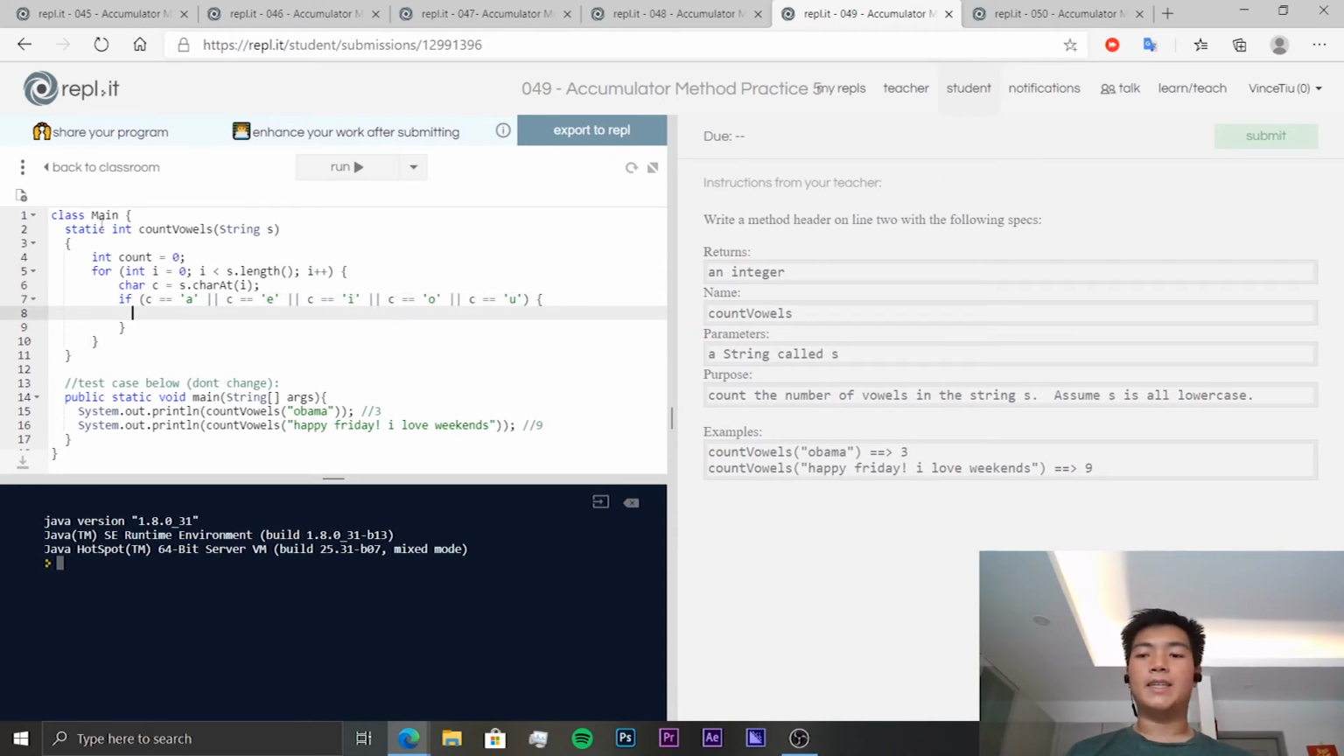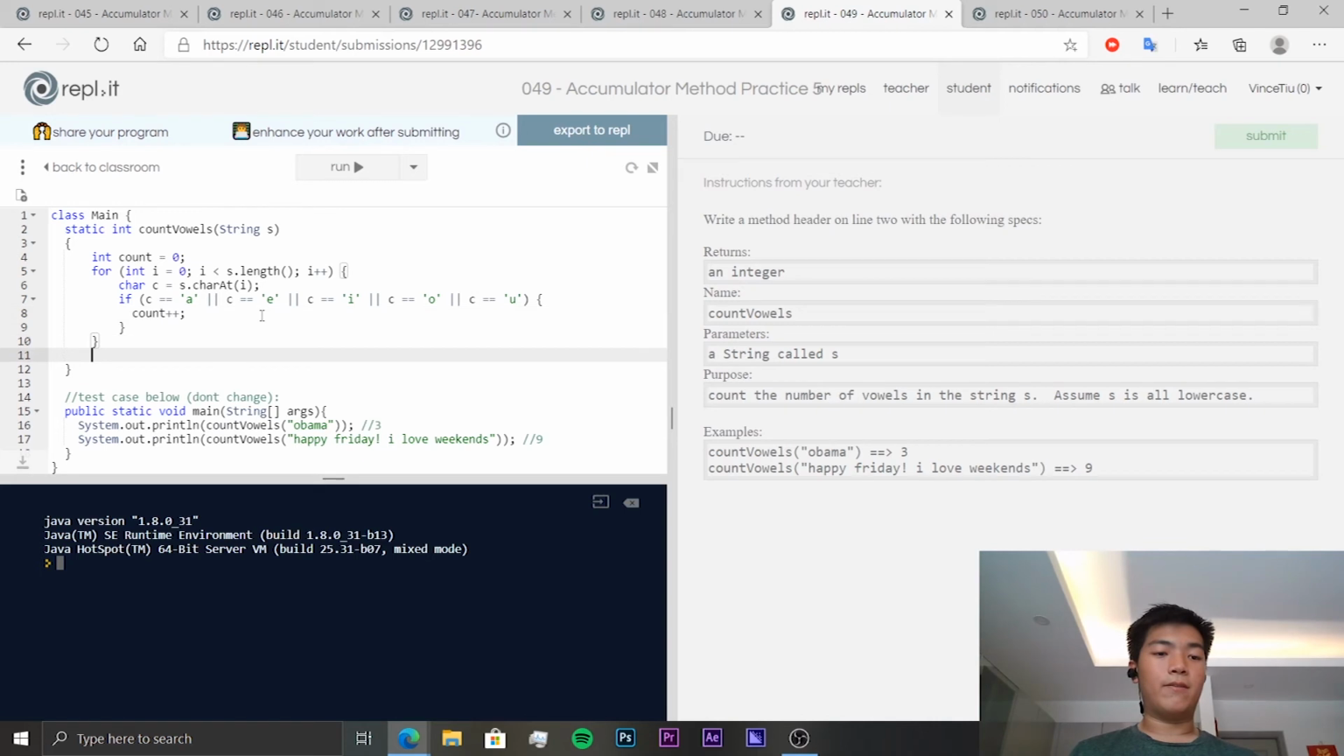So in the case that it is one of these values, it is a vowel, and we want to assume it's all in lowercase, so we don't have to cover the uppercase stuff. Then we want to add 1 to the count, and finally we want to return the count. And if we run this code, oh wait, hold on. Yeah, the countVowels. Yeah, okay. If we run this code,